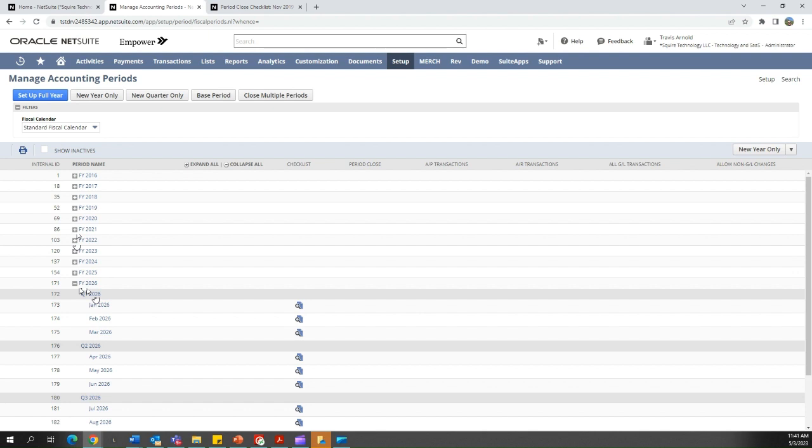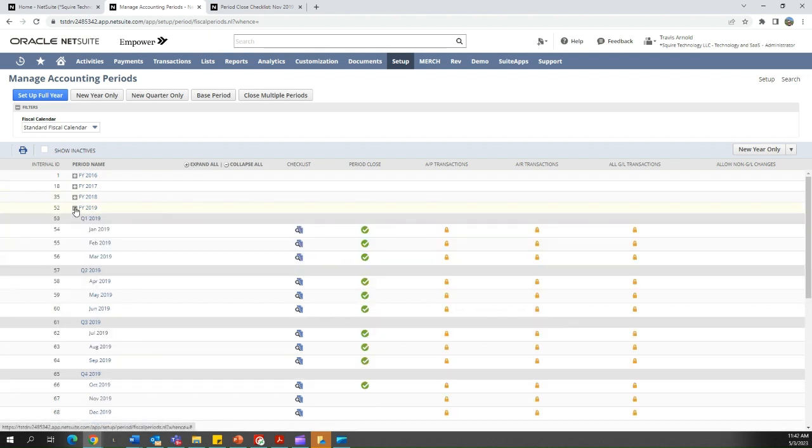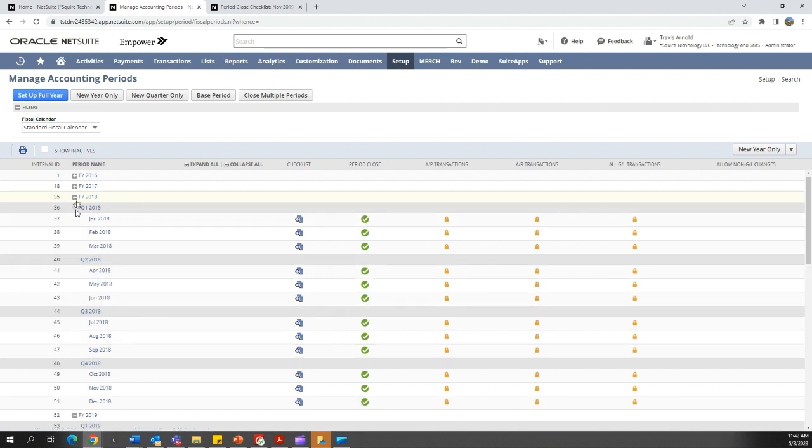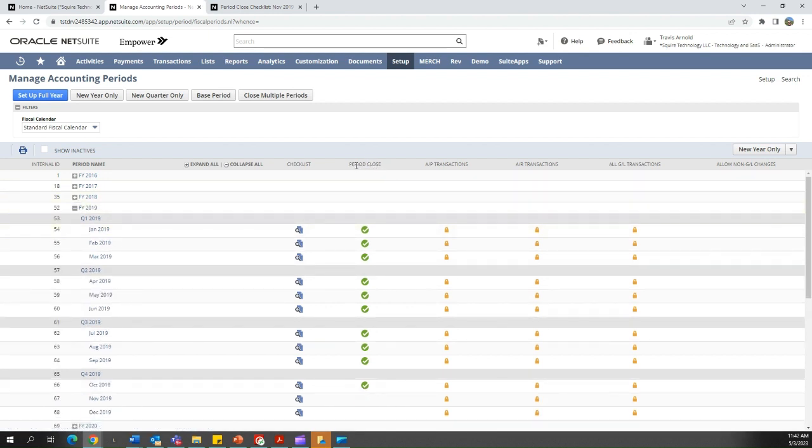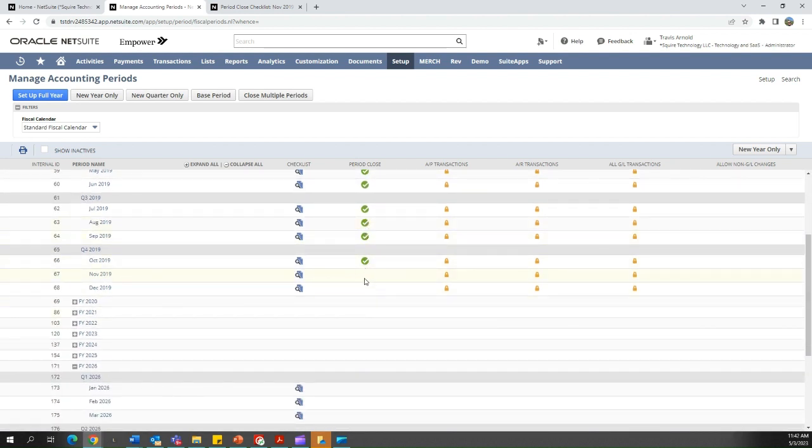Oh, let's see. So the next thing we'll go over is the actual accounting close process. If I come here, you'll notice that in this period close column, these have green check marks indicating that these have been closed, and then here it stops. So November 2019 has not been closed. If I went to try and close 2019 December, it wouldn't let me because November has not been closed. So each month, in order to close a period, NetSuite will require you to come here and click